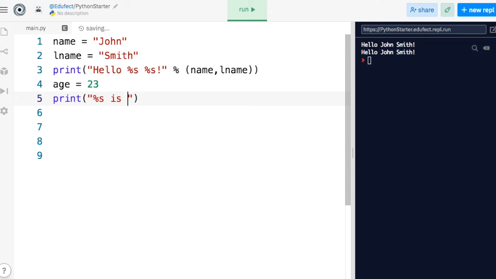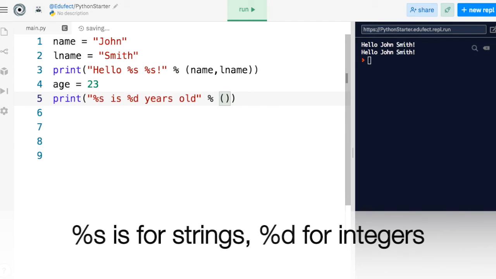Because age is a number, instead of %s, I will use %d. And then I can say years old. And now I need to give it the parameters. So what are the two parameters? Name comma age. Let me run this code. And let's see what we get. We get John is 23 years old, exactly as we wanted.